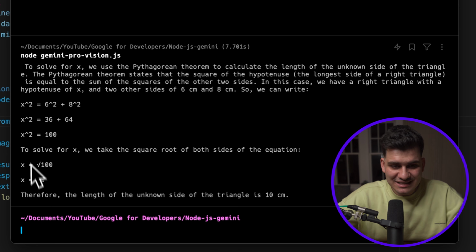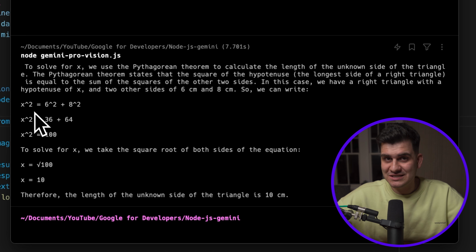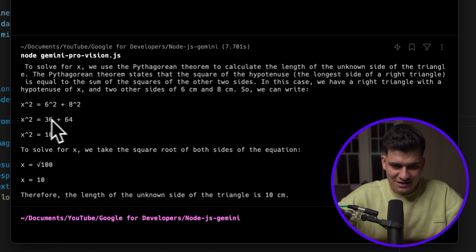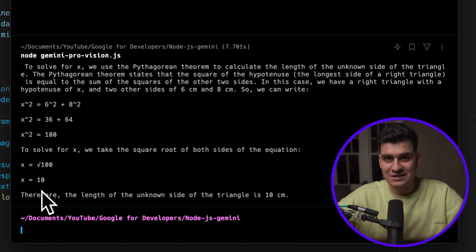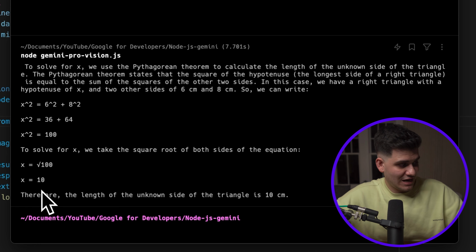And then it gives me the step-by-step function on how to do it. So we know with Pythagorean theorem, it's c squared equals a squared plus b squared. It passes in all those values, it does the calculation, then does the square root of the final answer to give x equals 10. Now that is extremely impressive for a multimodal model to just understand what I've written on